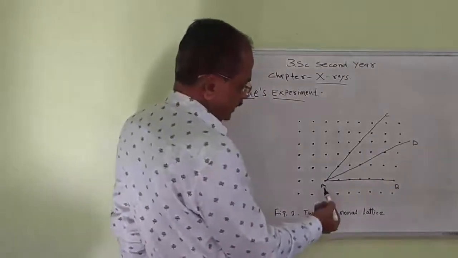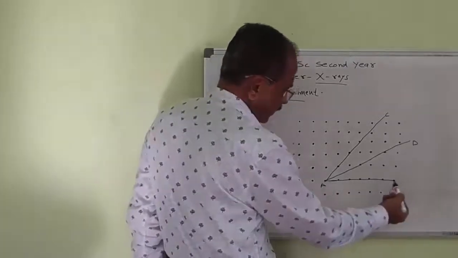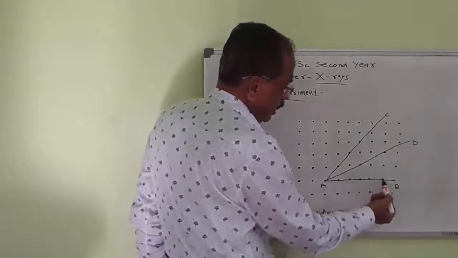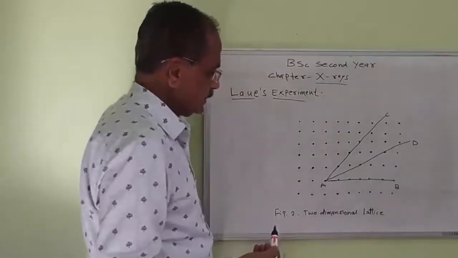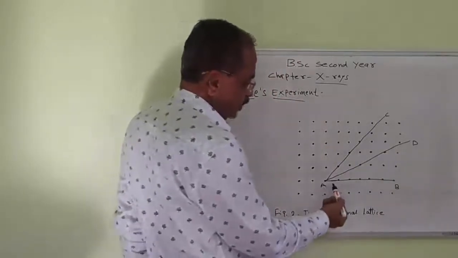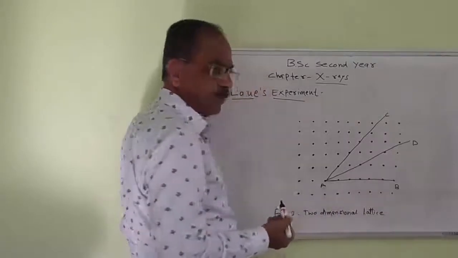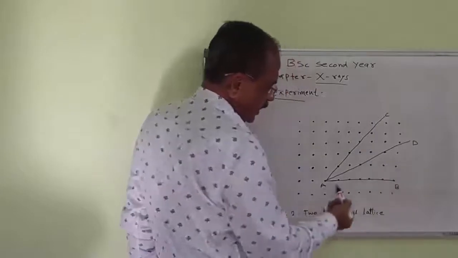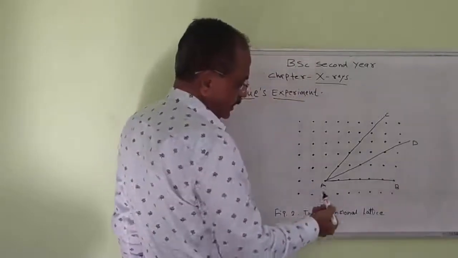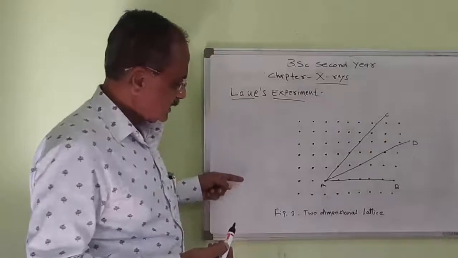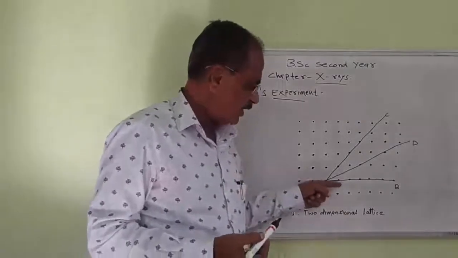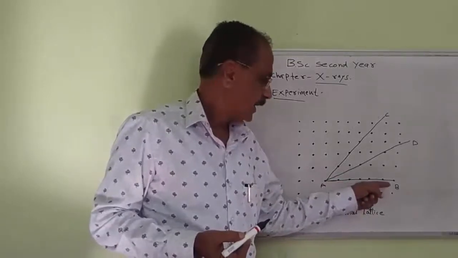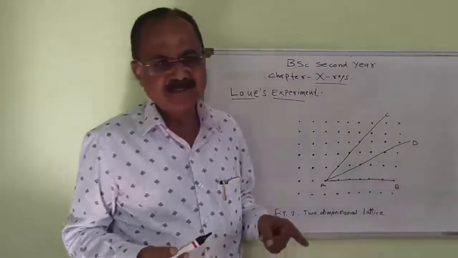If we observe the path of the line AB, there are more lattice points, meaning the concentration of lattice points is more along line AB. This indicates that as X-rays are incident along this direction, more absorption takes place and the intensity of the X-rays is very